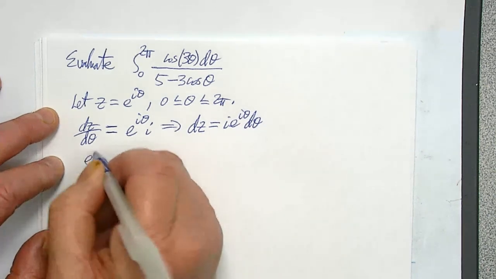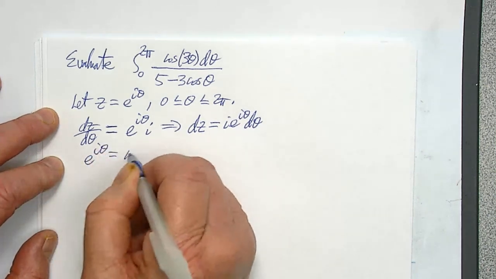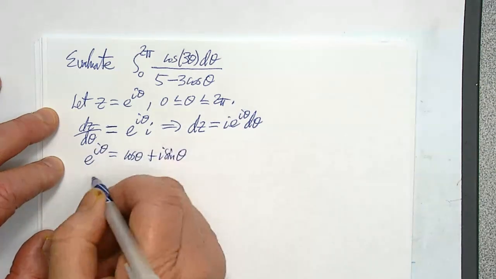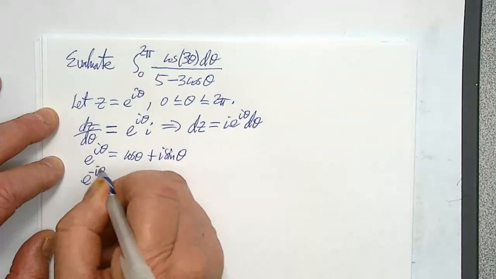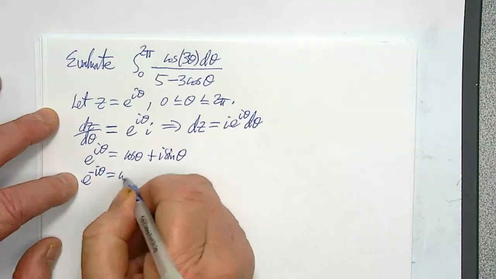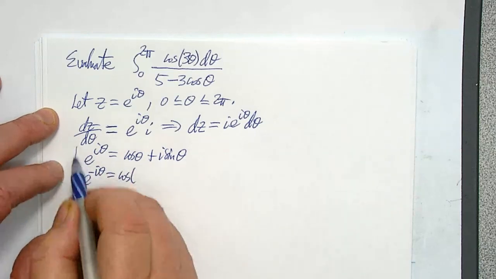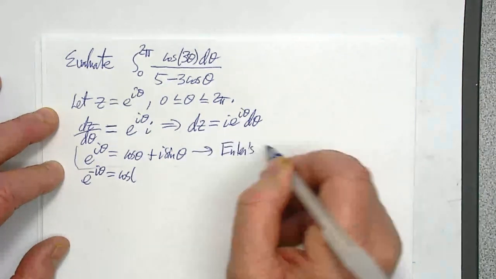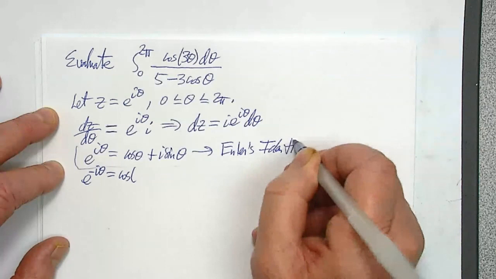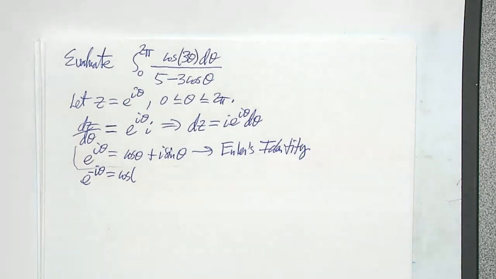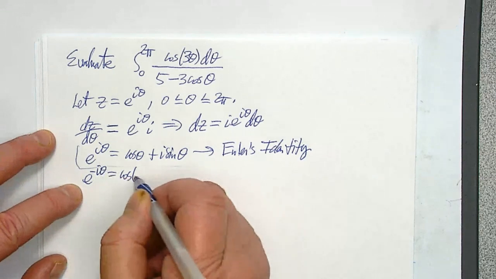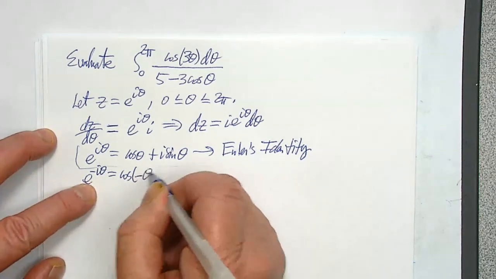Okay, so now we know that e to the i theta equals cosine of theta plus i sine of theta. And rather than try to memorize some things that we've used, let's just use this fact here. This is Euler's identity, right? One of the great mathematicians of all time, who lived in the 1700s. He really taught people how to use complex numbers and arithmetic and so on. So if we let theta be minus theta, we get e to the minus i theta